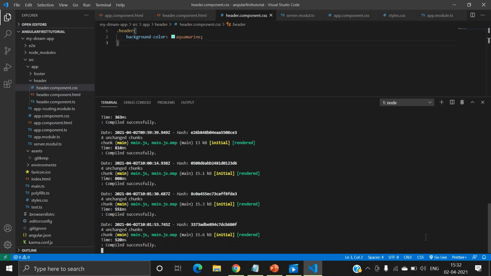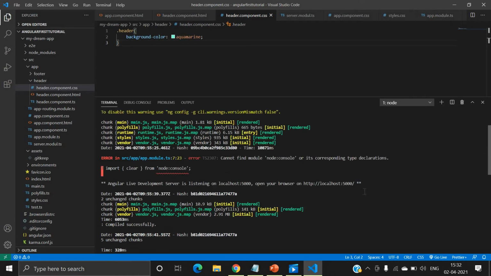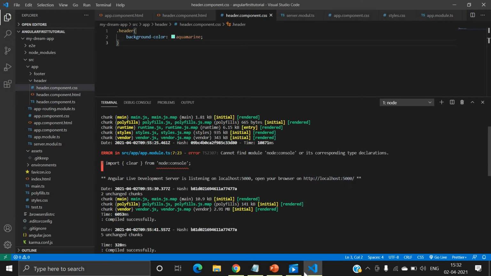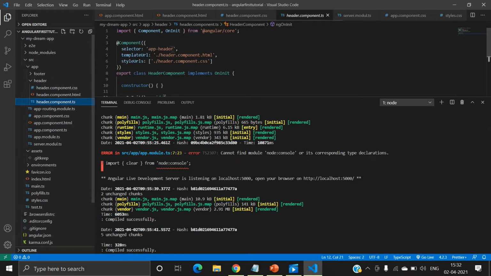Again I will go inside my project, right? My project is running on localhost 5000. Now here you can see there is no output. So behind the scenes, whenever we create a component, first of all we need to use a custom tag. So what is a custom tag?